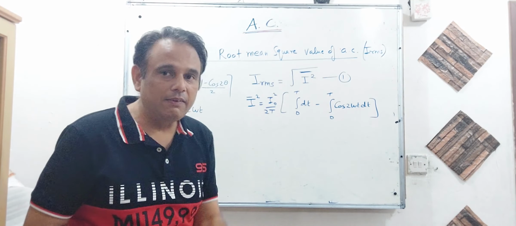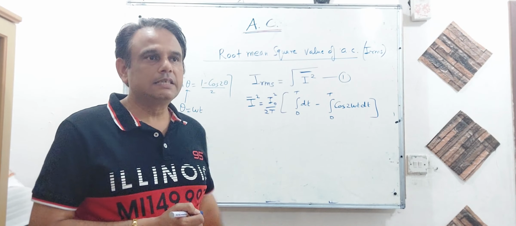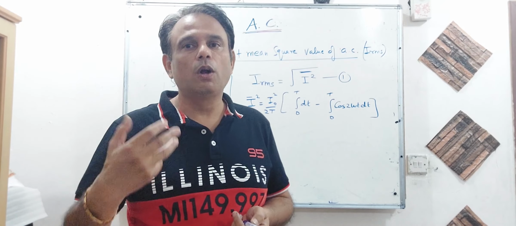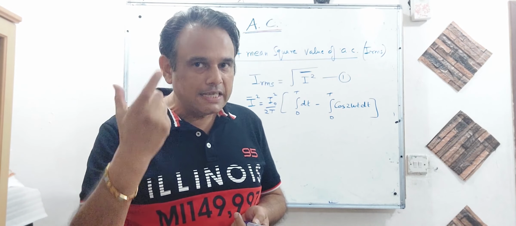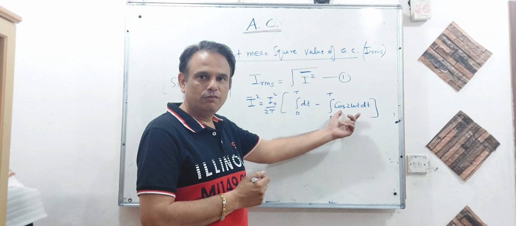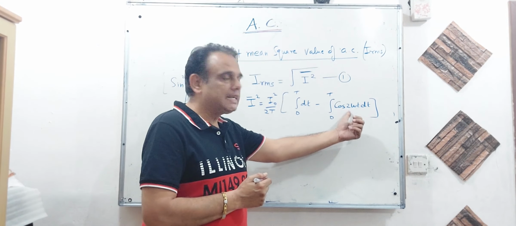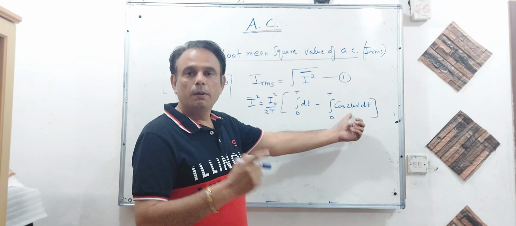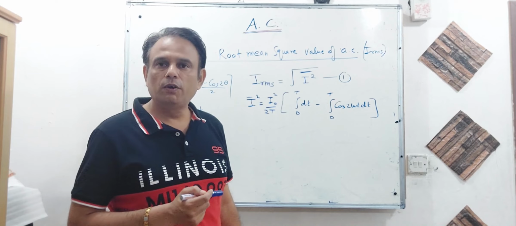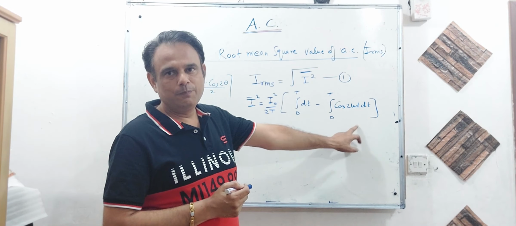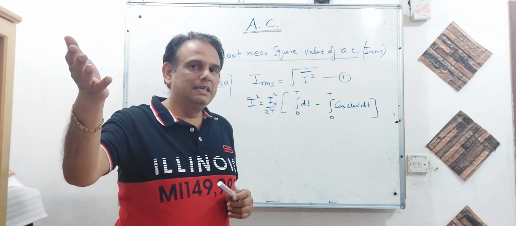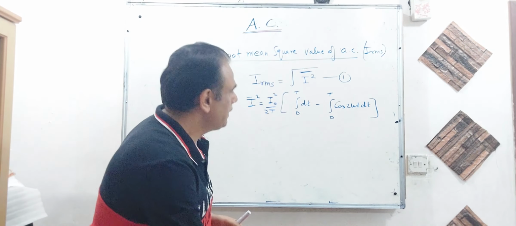Now the one which I say, I will give you some technique, because CBSE knows that normal students cannot do integration a lot. So what is the simple way to keep in mind? Whenever you have a complete cycle, whether it is a sine function or cos function, math students can prove it the same way, how you integrate cos, you will get 0. But especially for you people, those who are non-math students, simple way, whenever we integrate